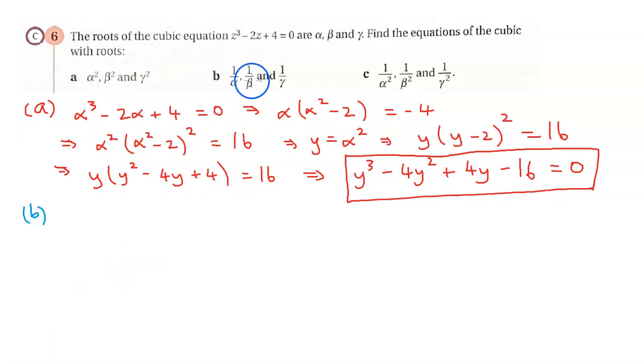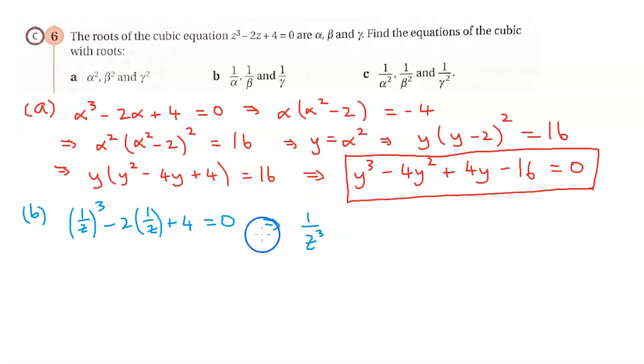Okay, moving on to part B. If we consider 1 over z and put it into the polynomial, then we get (1 over z) cubed minus 2 times 1 over z plus 4 equals 0, and clearly z equals 1 over alpha, 1 over beta, or 1 over gamma are solutions to this. Okay, so we got 1 over z cubed minus 2 over z